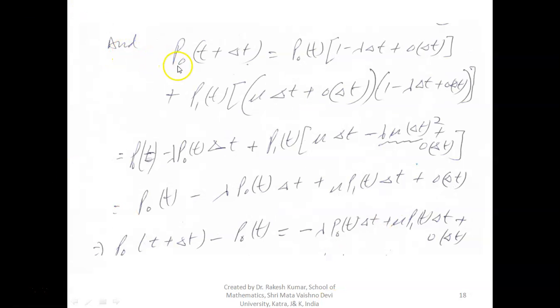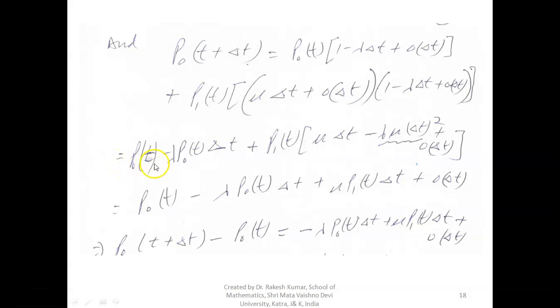So p0(t plus delta t): now this probability is just p0(t), no arrival occurs. There are 0 in the system, no arrival occurs, and there is no point of departures because nothing is in the system, so that probability is not written. Yes, now p1(t) mu delta t plus O(delta t) means one departure occurs, and 1 minus lambda delta t plus O(delta t) means no arrival occurs. So these are the possible cases for this.